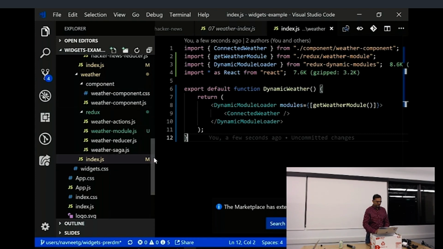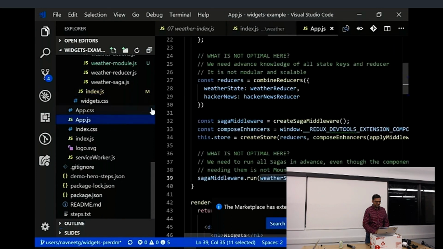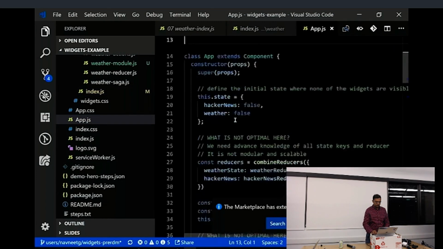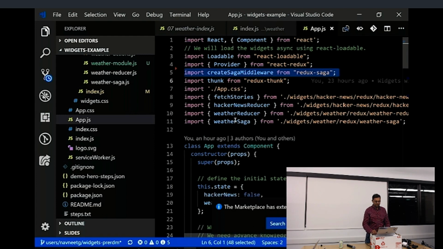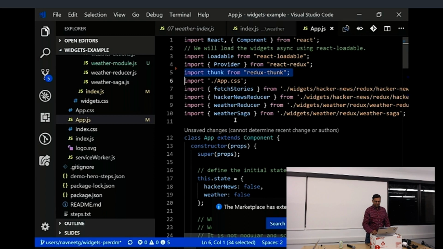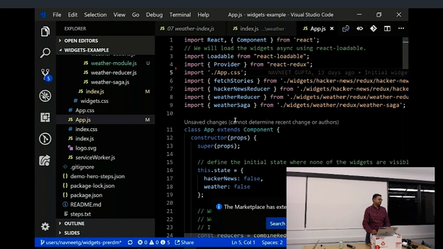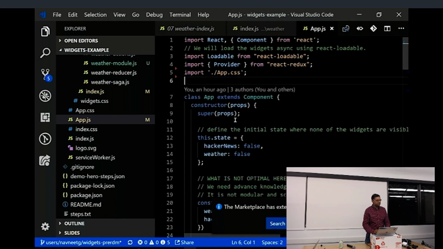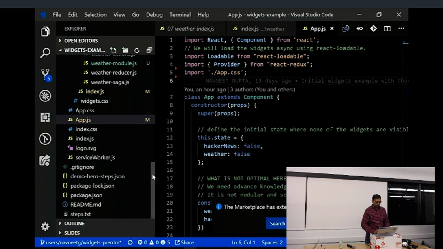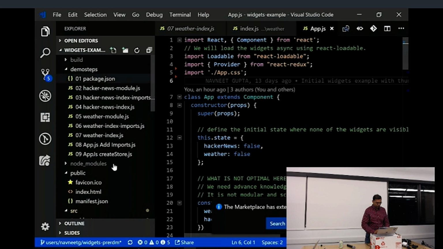Okay. So now let's clean up our App.js. Let's see what all things we don't need. So now my App.js doesn't need to know about middlewares, reducers. It doesn't need to create the Saga middleware. It doesn't need to know about Thunk because it doesn't care, right? It doesn't need to know about all these reducers and sagas. The only thing it needs to know about is, we'll just import